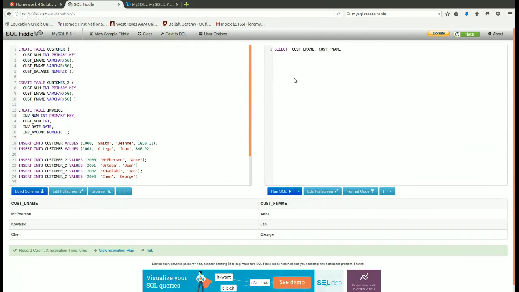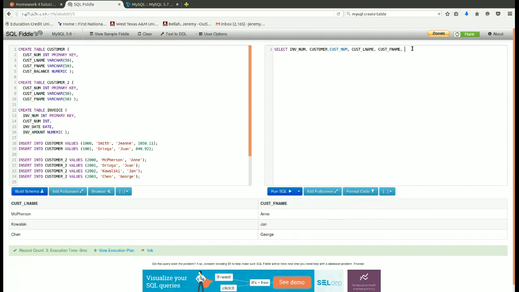So select invoice number, customer.cust_num. I'm going to join these 2 tables on customer number, so I need to specify which table I want to get that from. Customer name, so I've got my last name and first name,